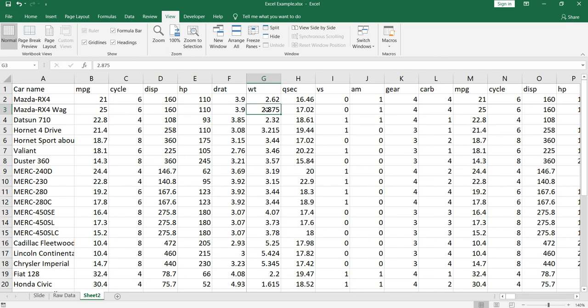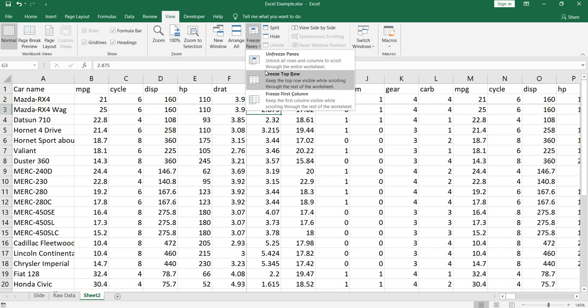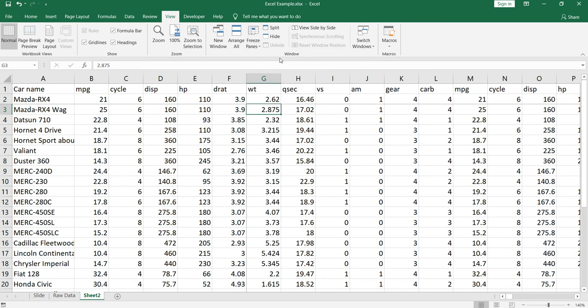So what it does is that it selected the row above cell G3, which Excel considered as my first row, and this column F, which Excel considered as my first column because I had selected G3. Now let's undo it and check for another thing.